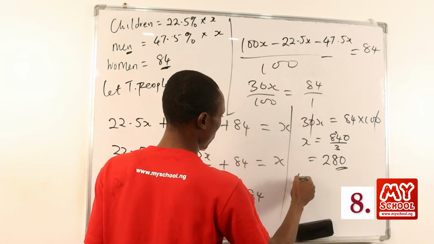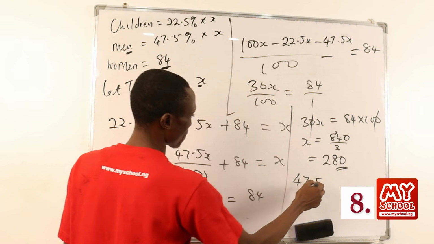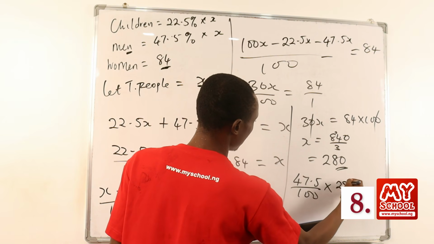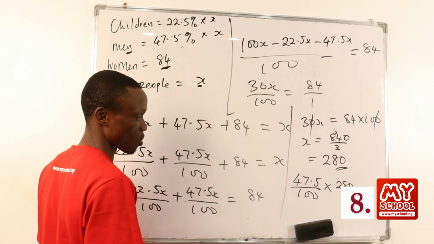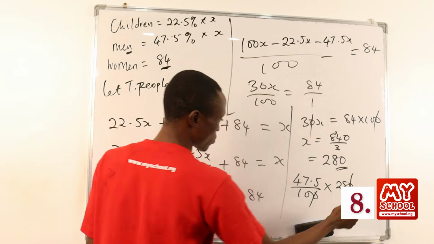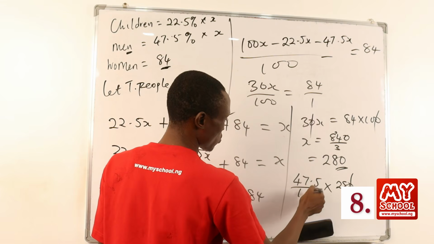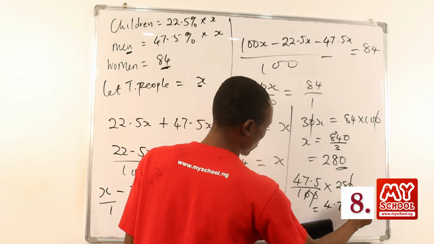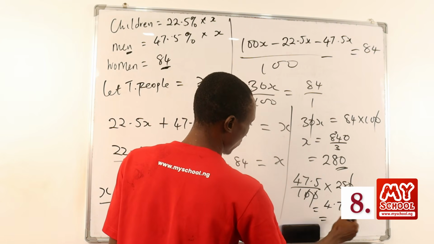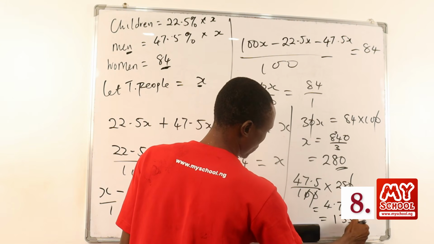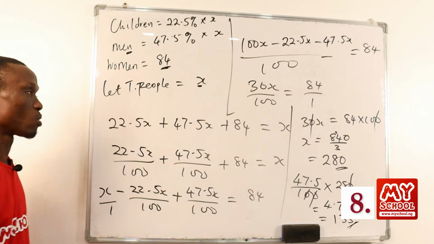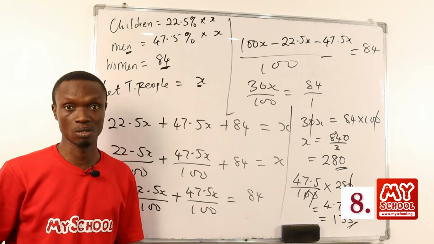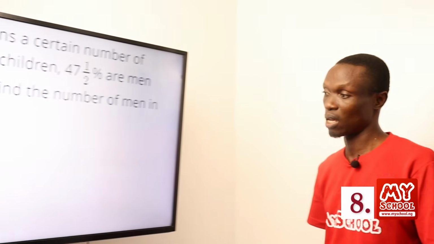Now they say we should look for the number of men. So here we'll be having 47.5 all over 100 times 280. So this should give us the number of men in the hall. So this, we cancel this out, right? And then this we also cancel 1. So here we have 4.75 times 28, and this should be equals to 133. So the number of men in the hall is equals to 133. So let's return back to the screen to pick the correct option for this question, and that is option D,